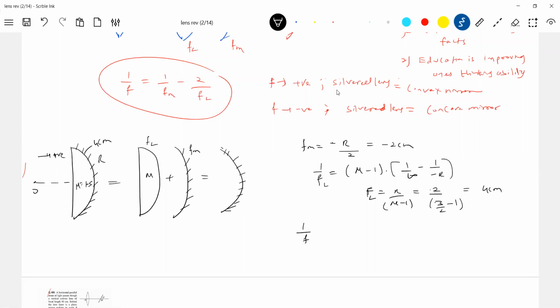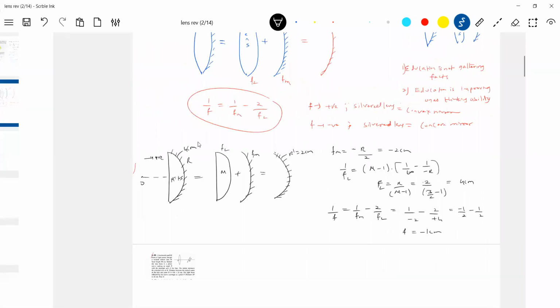Then use the formula 1 by f equal to minus 1 by 2 minus 1 by 2, minus 1 centimeter. What shall I do here? I should replace it with a concave mirror of focal length 1 centimeter. Then what should be the radius of this? R dash is 2 centimeter. Sir, I'll silver the curved plane surface. Let it be, no problem. And there's one problem. Please, there are so many numericals.